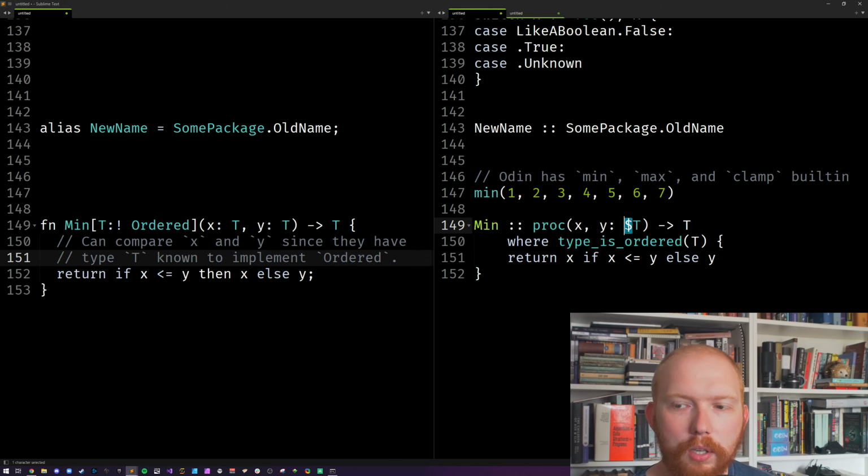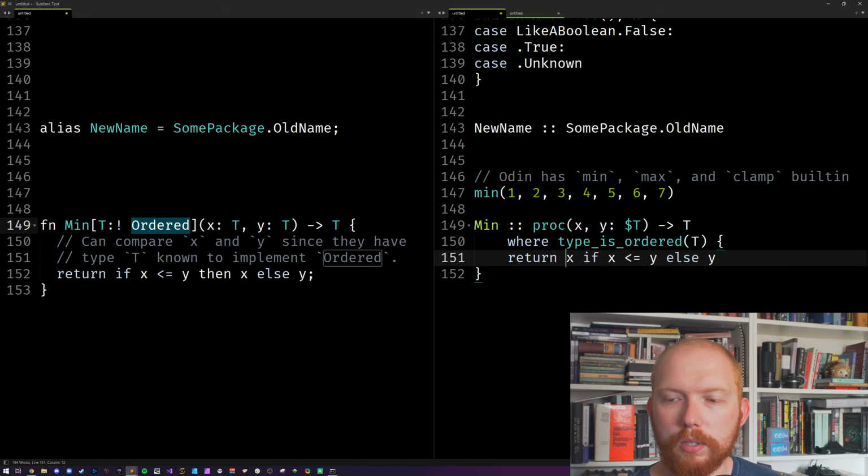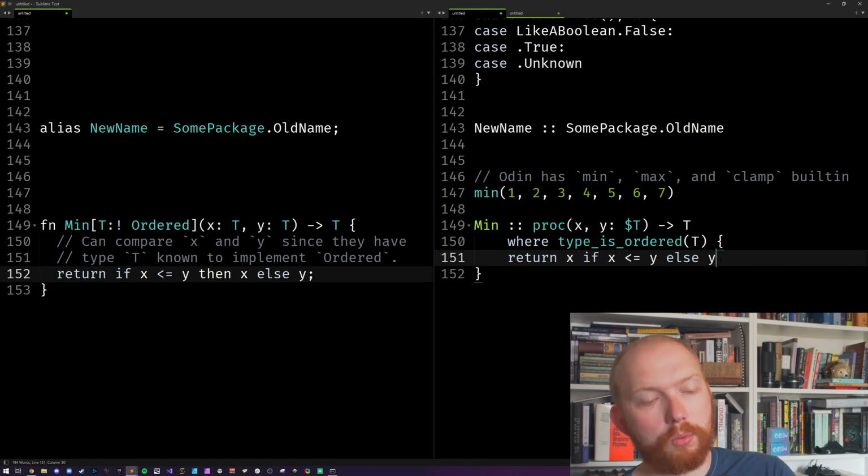It does it in line with the dollar symbol. It says, look, this is a polymorphic type they have to determine, and you have to do it there, and then you return T. We're also restricting T, it must be ordered, so type is ordered. So it's a procedure call rather than a trait system. I'm going to say traits just to keep it with Rust folk. And then you're doing the if statement. Odin's is not like this. This is very much if x then y else if then x else y. Here's more like a Python approach: x if this is true else y.